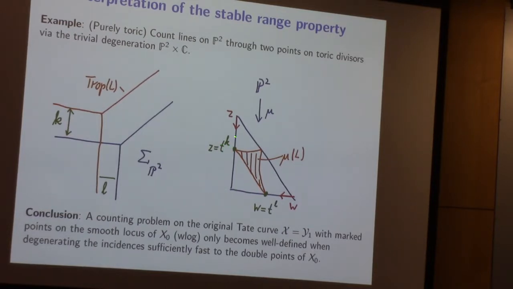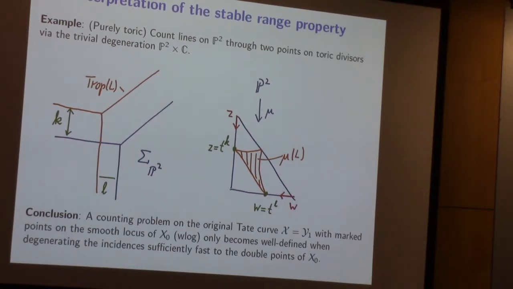Let's say, give it a parameter t, and really look at the thing in P2 cross A1, and degenerate these incidence conditions at speed t to the k or t to the l. Then what is the tropicalization I'm getting? What I'm getting is a shifted tropical curve, a shifted tropical line. The distance here is k, the distance here is l. So what this is saying is that doing a stable range property does something with the incidence conditions on the